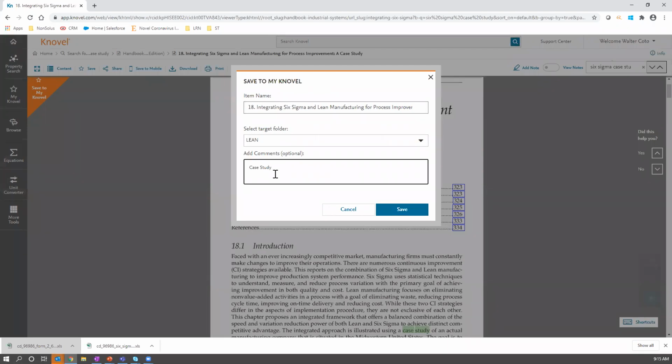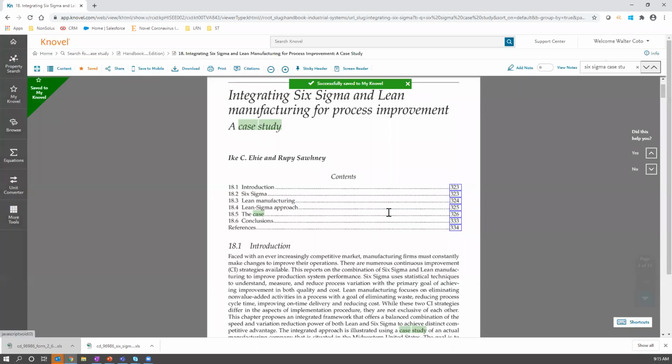And I'm just going to save this here, and I can come back to this at any time after that. And I'll show you how My Knovel works and how that can help you out. So now I do want to give you a quick tip when you're searching, whether it's case studies or anything